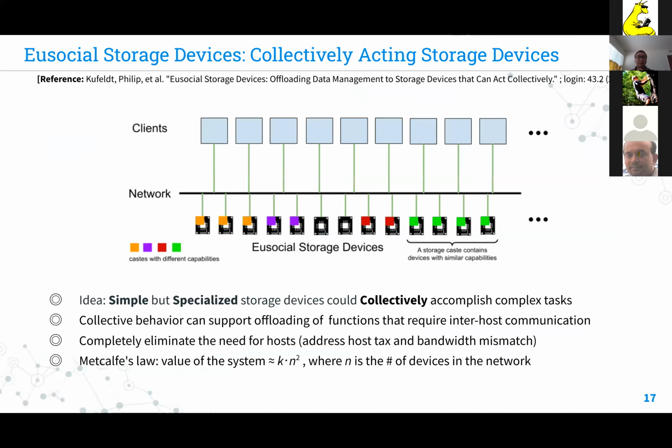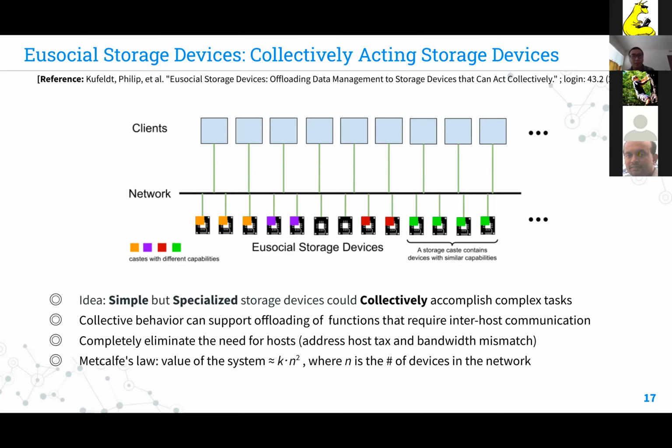This diagram shows the idea. First, as I mentioned, each of the storage devices can actively initiate communication with any of the other storage devices in the cluster through a full crossbar network.